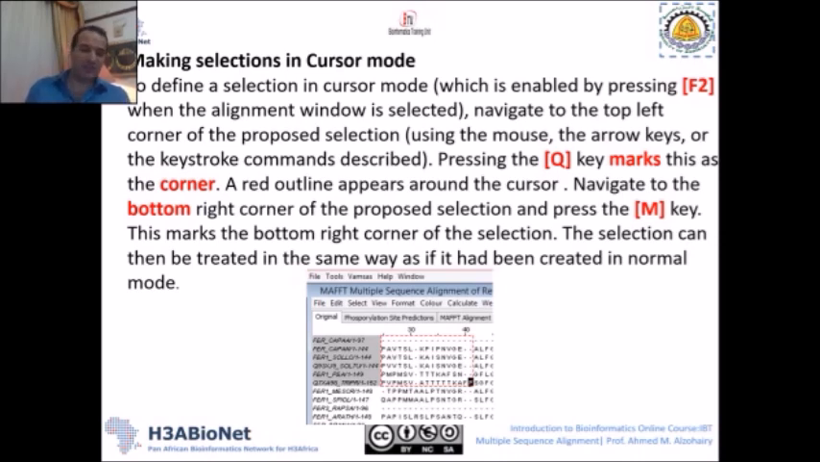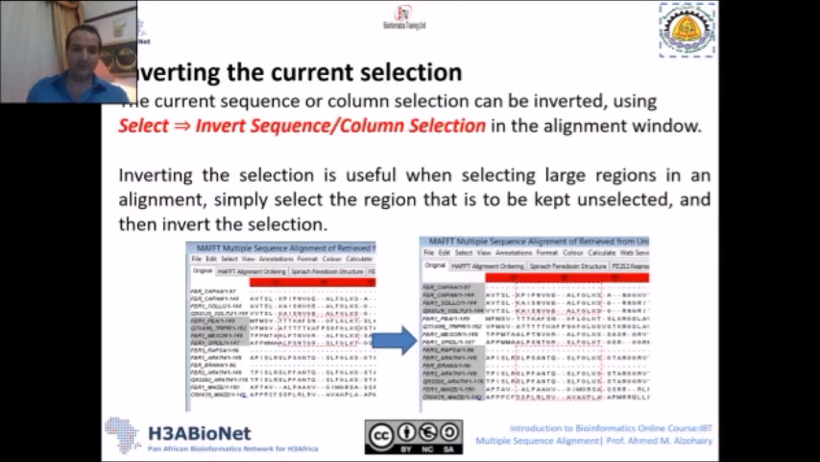Of course, this selected region can be treated in the same way as if it had been created by a normal mode. If you would like to invert the current selection, then after selecting the region that you would like to exclude, not include, you can choose from the select menu, you can invert,